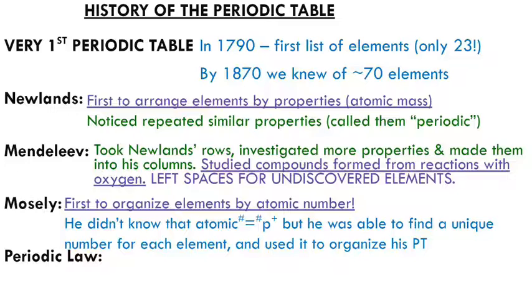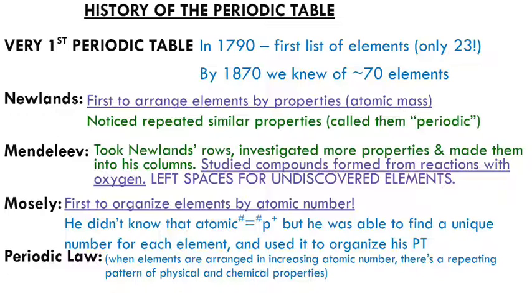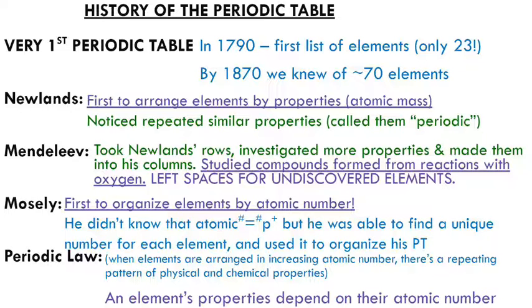today. And all of these scientists were kind of establishing what we now call the periodic law, which the long, wordy definition is that when elements are arranged in increasing atomic number, there's a repeating pattern of physical and chemical properties. The short version of that, though, is that an element's properties depend on their atomic number, which is something